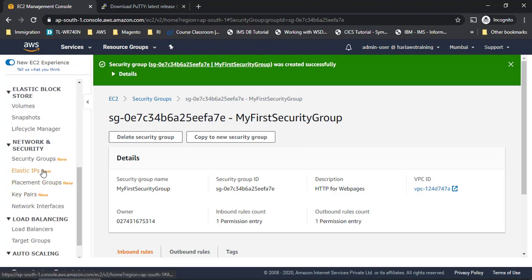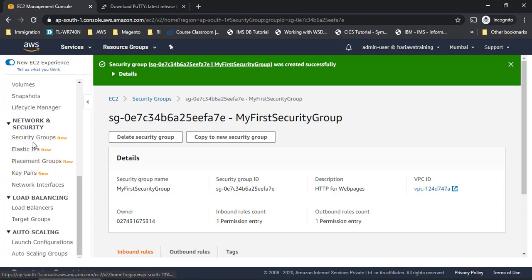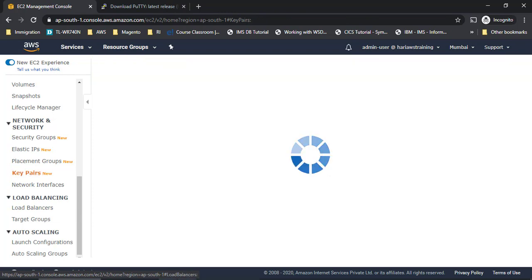Okay, let me just see. So it is in Network and Security. Below Placement Groups we have Key Pairs. Now I'll go to Key Pairs and I will create a key. So while creating a key,